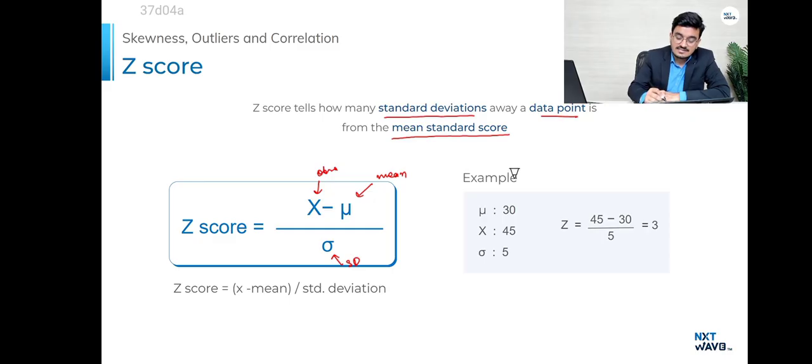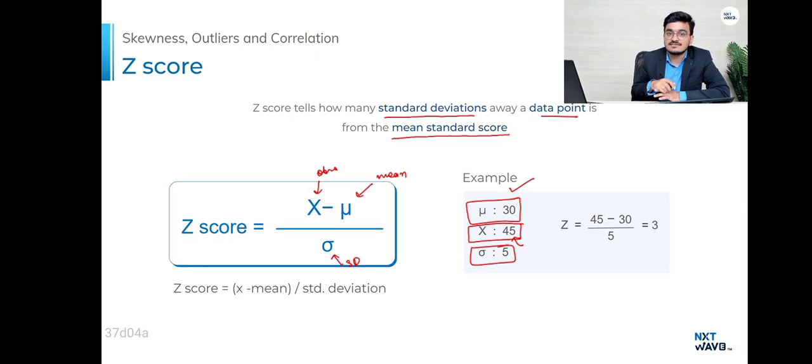So for example, if the mean value of the data set is 30 and we are checking the observation where the value is 45, and let's say the standard deviation for this data is 5, we can do 45 minus 30 upon 5, which will give us 3,